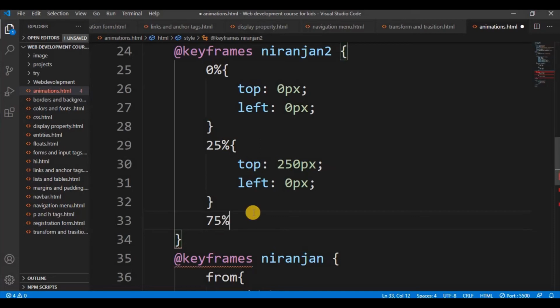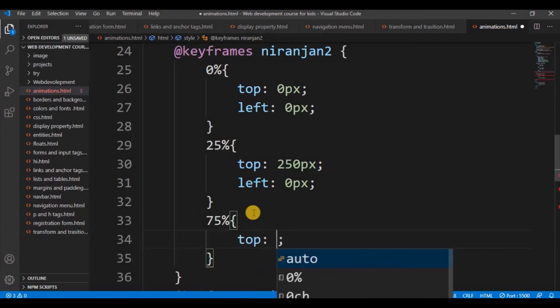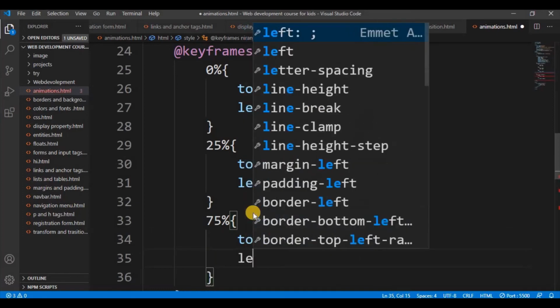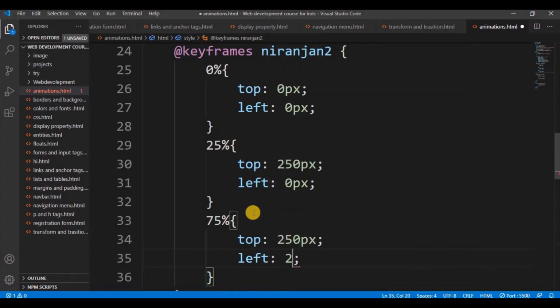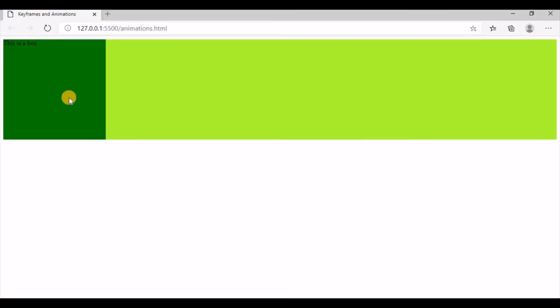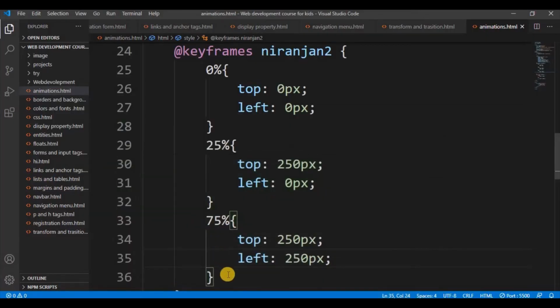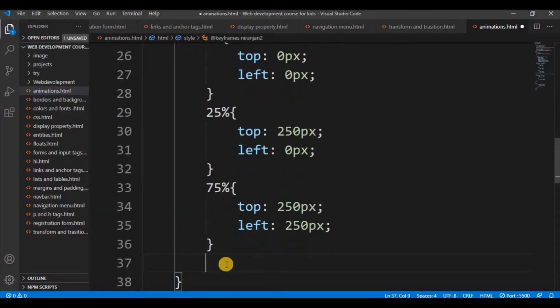If the process is 75% completed, this box should go from top 250 pixel. 250 pixel. You can also change the values. It's not compulsory that you should use the same values. From left you should go 250 pixel itself, because I want to make a box. The box will go like this. It will come like here, it will come here, it will come here, it will come here, like this. And if 100% process is completed,